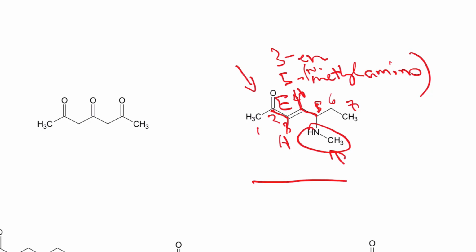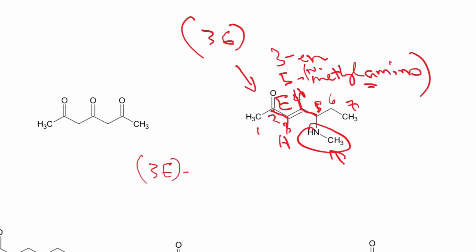So if you're not familiar with the E and Z conformations, please watch my video on E and Z naming. So that means in the 3 position then is the E, and that comes out the very front. So let's try naming this whole thing. So the very first thing I need is that stereochemistry. So in the 3 position we have an E conformation. So the amino comes first. The A comes first, and so it is, even though it's a methyl amino, so I need a dash there, N methyl amino,